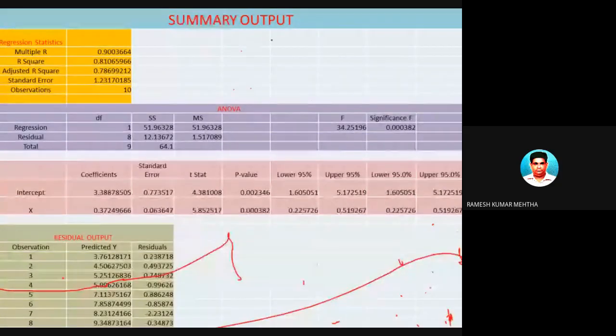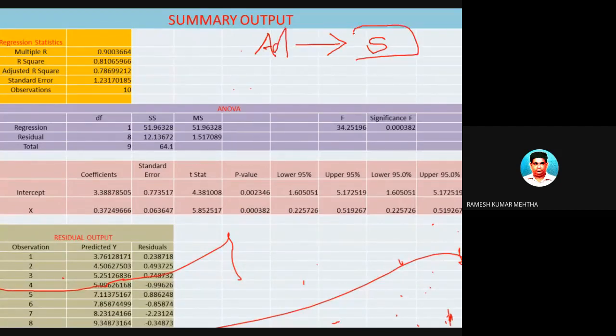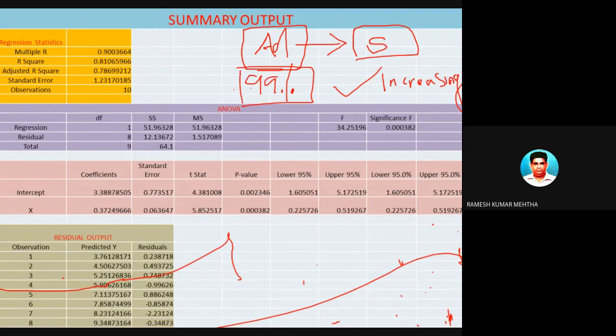For example, you gave an advertisement and you wanted to find out the effect on sales, whether this advertisement is having the effect of influencing sales positively or not. And it is found that 99% of the time, whenever you give an advertisement, your sales is increasing. Means 99.95% or 99% or 98% of the time the advertisement is affecting the sales positively. Now, this is the first part of my explanation.